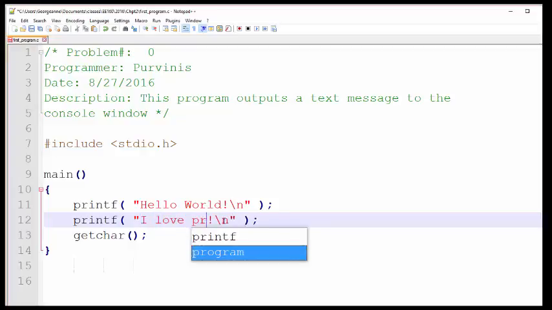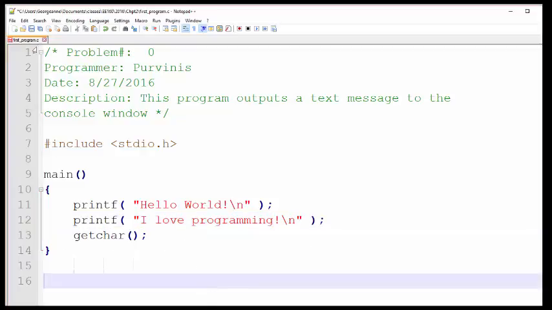I love programming, with another new line, and then my get character at the end. So let's save that for a moment. I'm going to go ahead and